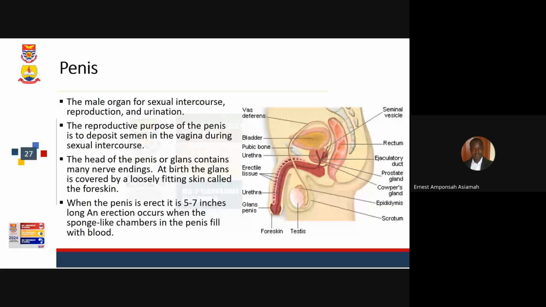Now, what will cause the penis to harden is dependent on nitric oxide. It's a neurotransmitter. When nitric oxide acts on smooth muscles, it relaxes them, and the penis is made up of a spongy tissue which is full of smooth muscles. So when the nitric oxide relaxes these muscles, the spaces within the tissue open up so that it can be filled with blood.